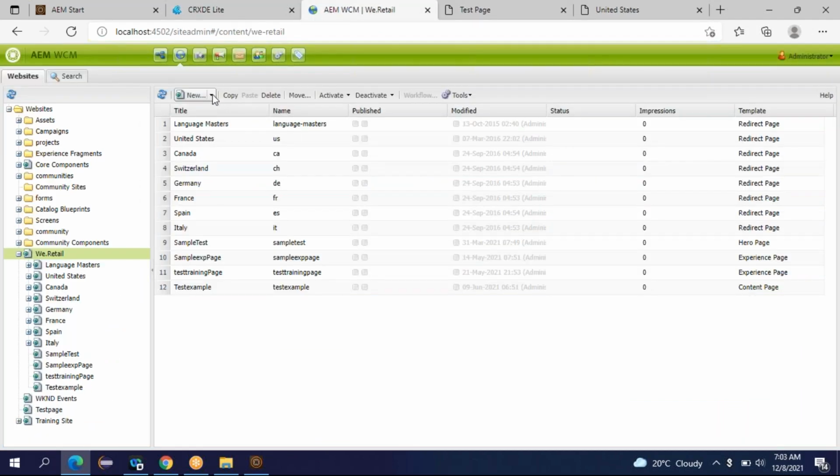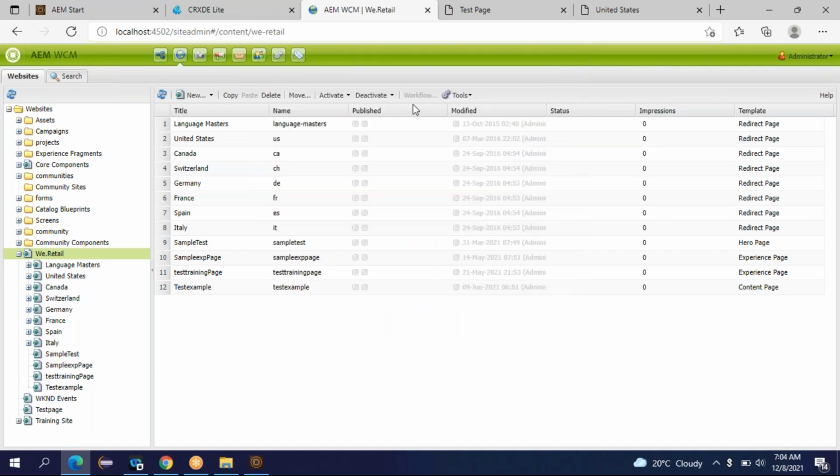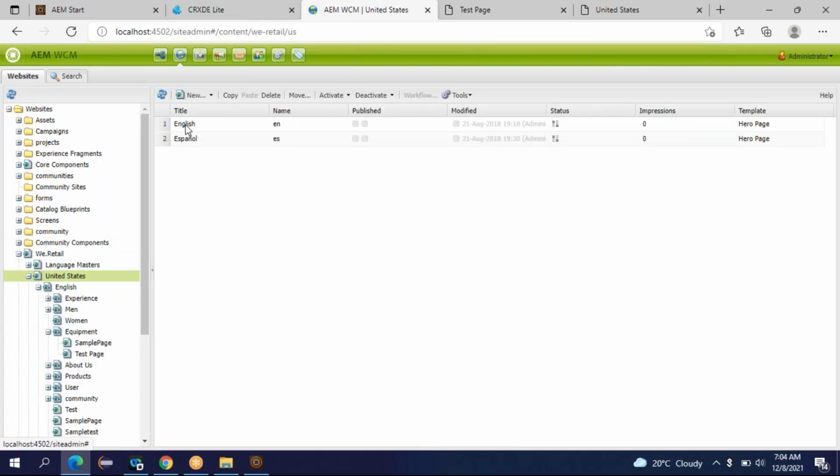So here we created a page. See, new page, you are providing a title and a name, right? Once you create the page, you can see the title is here, the name is here. So United States is the title of your page, US is the name of your page. Under United States, English is the title of your page, EN is the name of your page.